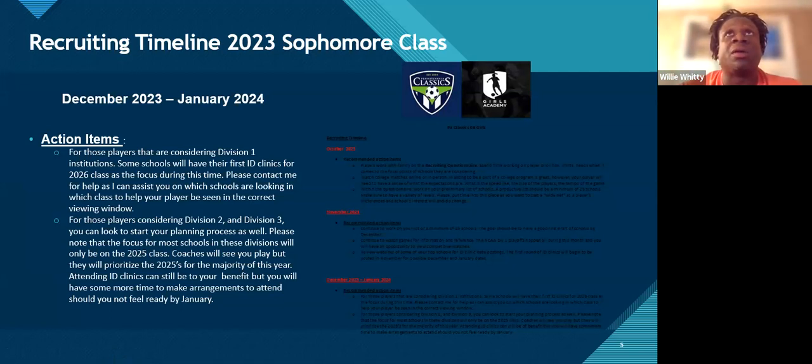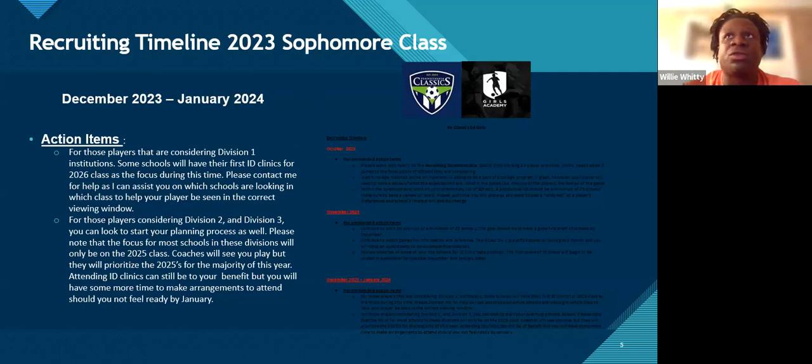Pac-12 is not going to be anymore. But some of your major football-like schools, those are going to be the bigger schools that between December and January are going to start to post ID clinics. The Penn States, the West Virginias, the Virginia Techs, the Rutgers. Those are the schools that in this time frame we want to identify and see if we can make our first impressions on campus or get them out to watch us play in the February showcase.